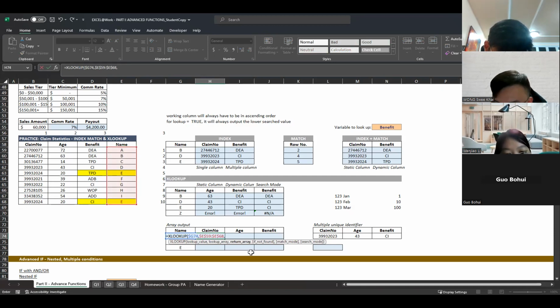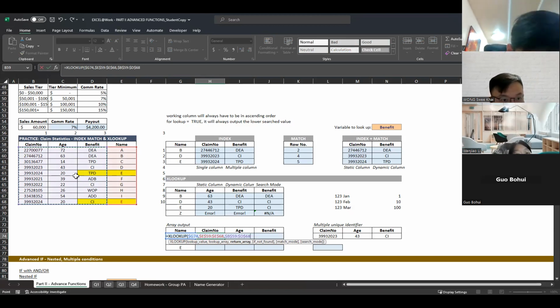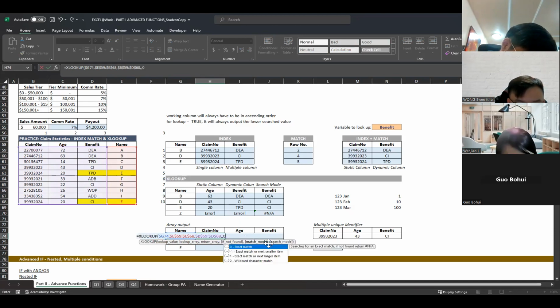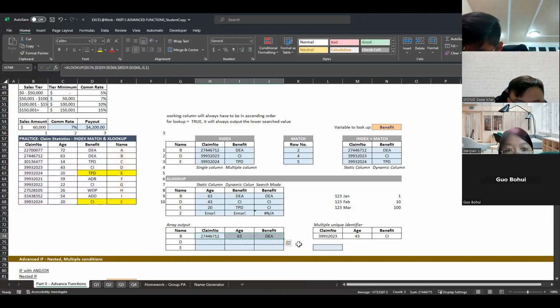And now my return array is simply just this whole column, because I want it to give me these 3 columns side by side, which are these 3 coincidentally. So this will be my 3 columns. If not found, blank. I don't want to think of anything else. So I'll just put this, search first to last. Okay, and then this would also give me an array output again. Control-Shift-Enter if you need to, and then you drag this down. Then this will give me the output that I will need to have in the end.